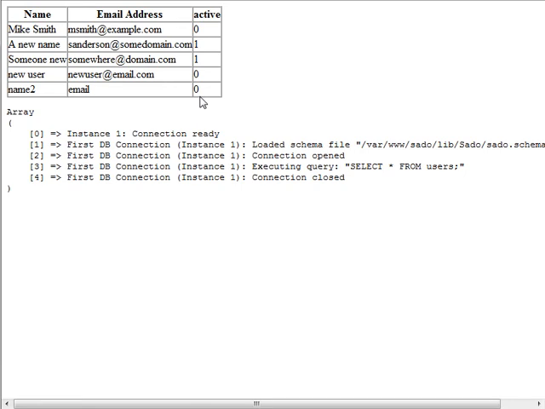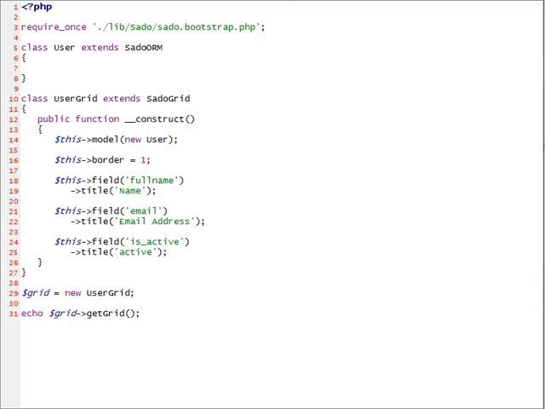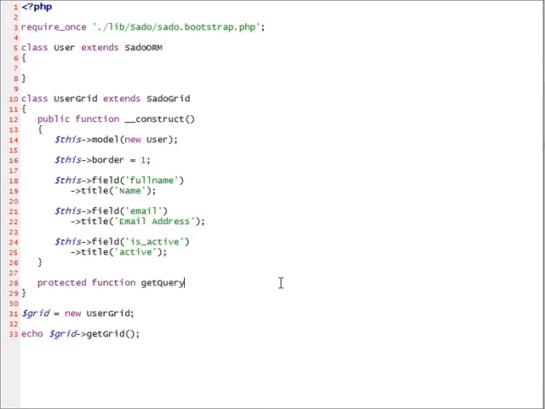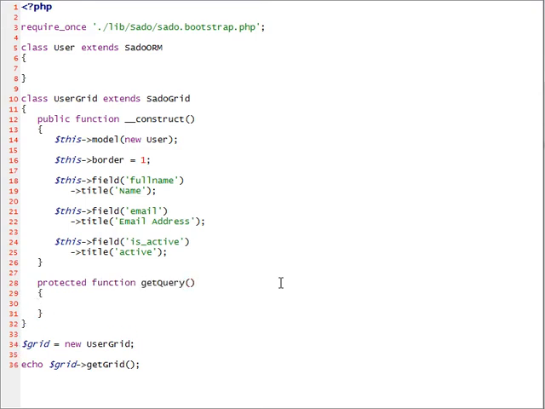Now say I wanted to show only the users that are active. Then I can go ahead and override a method called getQuery. So it's a protected function getQuery. So I'm overriding the Sado Grid method getQuery. I'm going to say return, I want to select all from